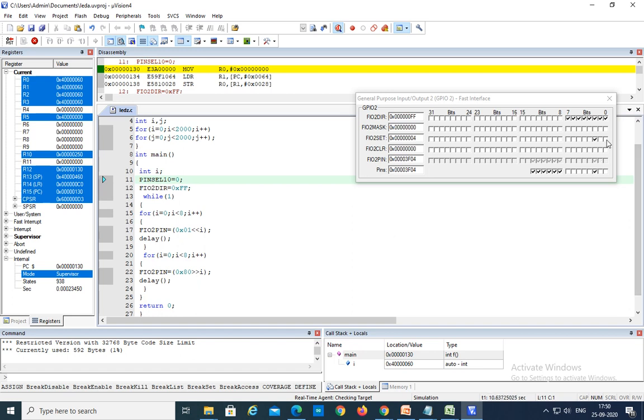So now observe here, 0 to 7 means left to right. Again here 7 to 0 means right to left in the kit. So like this it is continuously repeating. Why? Because we have written the while loop, while true. Infinite loop we have written. If you don't want it to repeat continuously, you can remove the while loop.